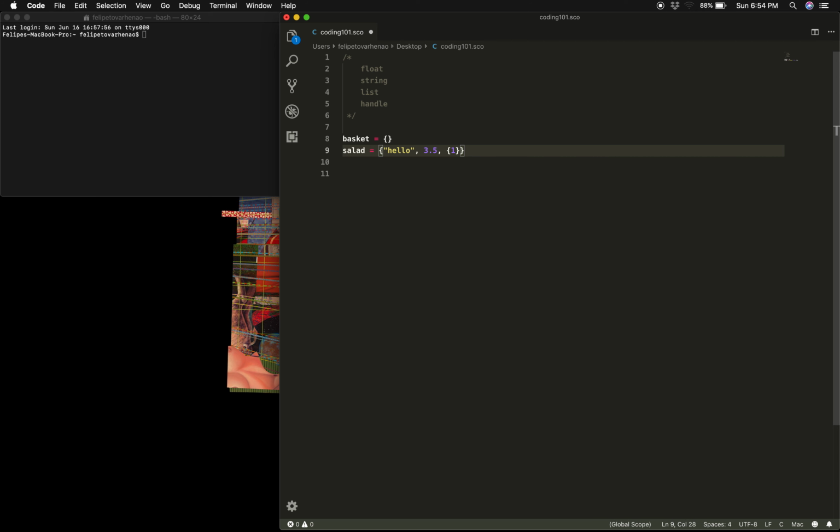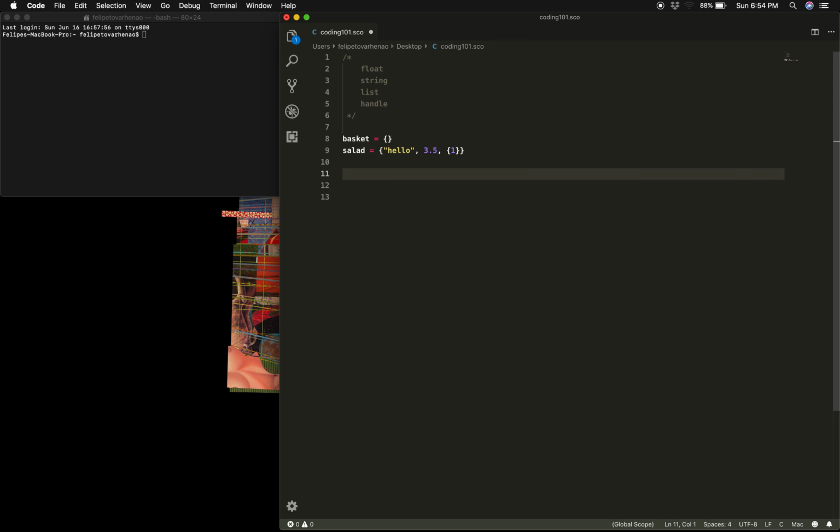As you can see, this list contains 3 elements, each of a different data type: the first one being a string, the second one being a float, and the third one being a list, which itself